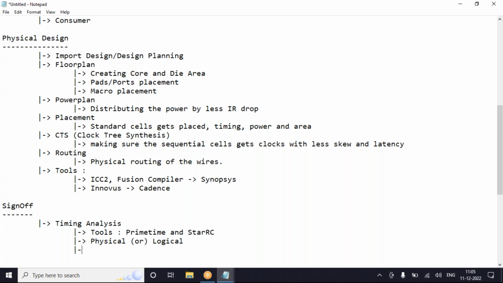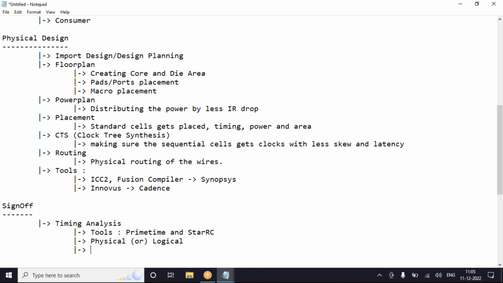And second, in this particular PrimeTime we fix timing related issues. That means terms like transition, capacitance, setup, hold, crosstalk, everything gets fixed by using this PrimeTime tool.